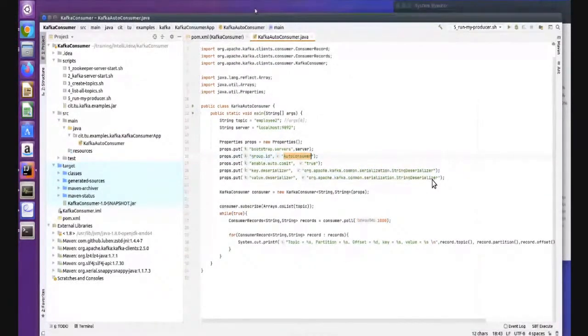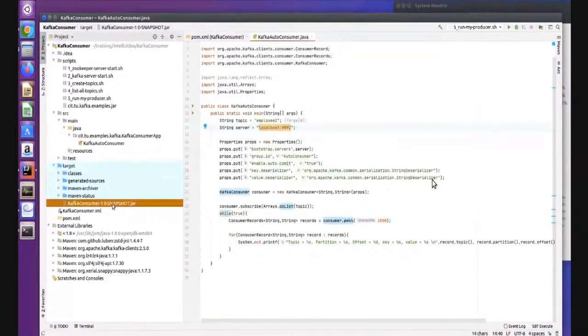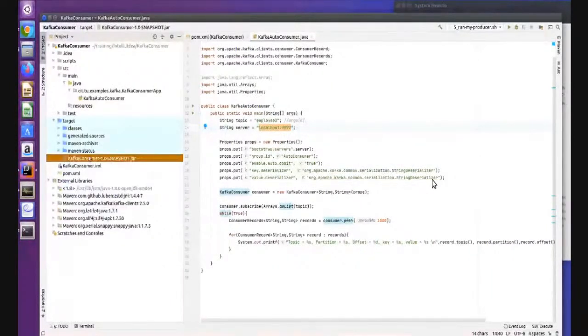So I have created a small basic application for the consumer. It will get the data from the topic, right? And then it will connect with the port number. Let me explain something first. Here I have created the jar. You can see I have created some jar. This jar will run independently, right? Because I have compiled all these programs and then created the jar, and we can deploy this jar on any machine, right?